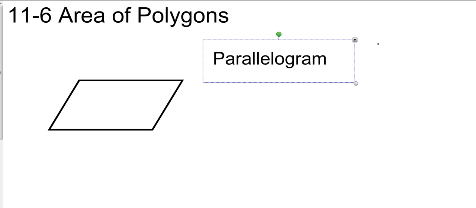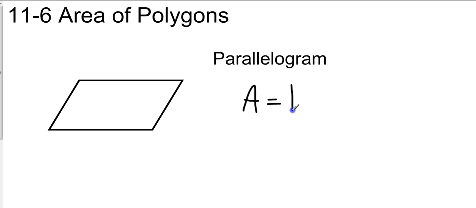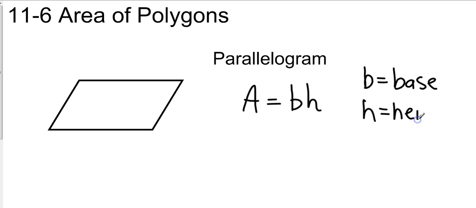Parallelogram. And so it's going to have an area of base times height. Okay, so its area is equal to the base times the height, where B is base. I'm going to write this out to the side. And H is height. Okay, so let's go ahead and put something on here. Let's say that this has a base of 16 feet. Now height